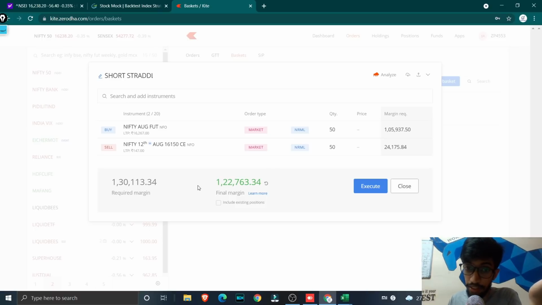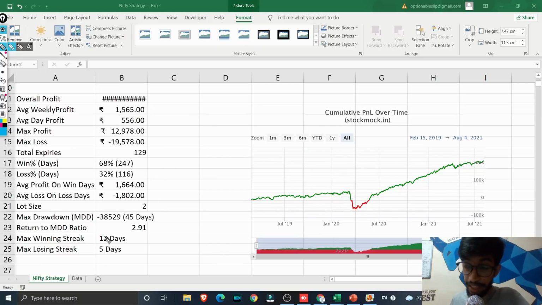But I am going to tell you what is the capital that you should have to execute this strategy. This is the recommendation. I am not trying to tell you that you should minimum have this. It's just a recommendation for an extra level of safety. So now I am going to tell you the recommended margin. You can see that the max drawdown as per the Excel sheet is 38,000 rupees. That is, from this point till this point, it's been 38,000 rupees. So this has lasted for 45 days. The thing is, you can see that the P&L curve is going to be wavy.